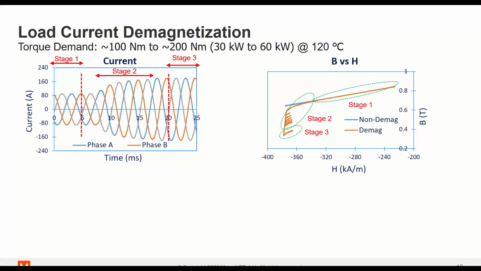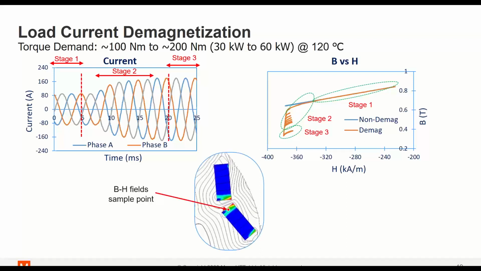The non-demag model is linear and does not account for field demagnetization, but it is temperature dependent, and it always recoils on the same characteristics, as seen from the blue line. And this will result in overestimation of the performance. So now let's see the case of reducing the load.